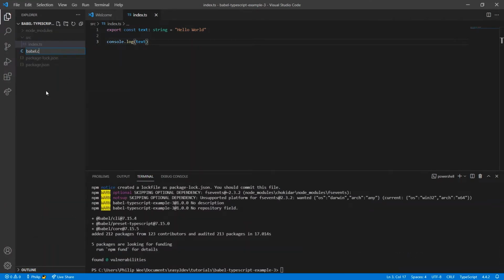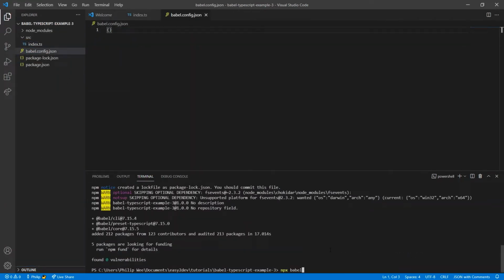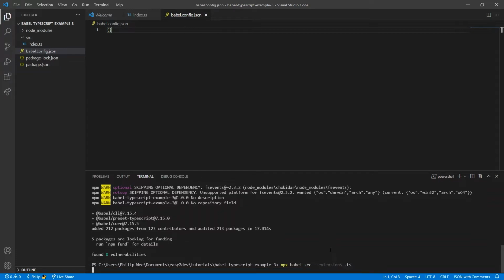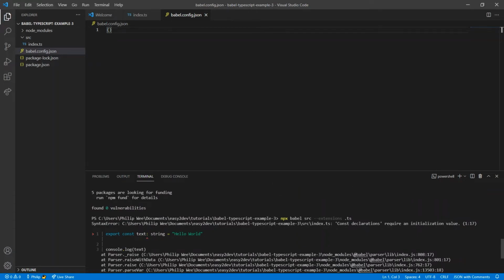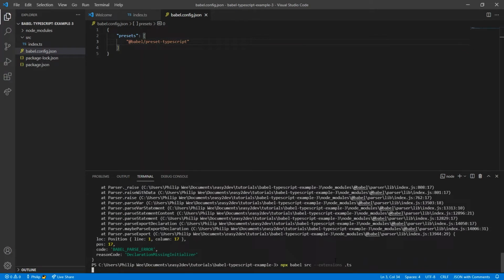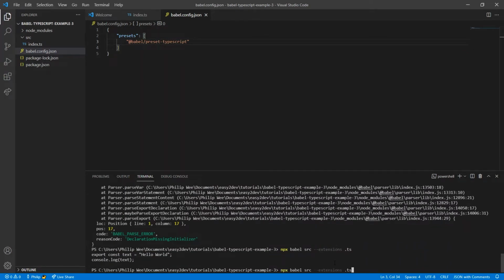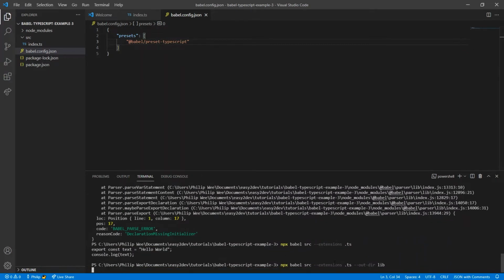We also make a Babel config file. We can then run Babel to convert files in src, converting files with the TS extension, which runs into an error because Babel does not understand TypeScript, which we can fix by adding the TypeScript preset. Now it just prints the converted JavaScript to the console, but we can instead specify the output directory, which means